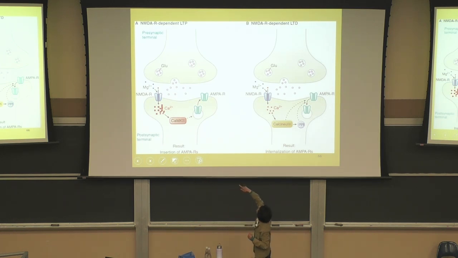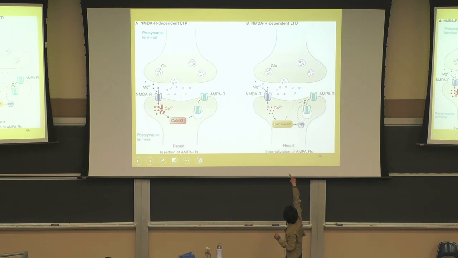Okay, and then on the long-term depression end of things, we have very low 1 hertz frequency stimulation, and then you get very little calcium accumulating through the NMDA receptor influx. So we have fewer red calcium dots here. And then if you have very few calcium ions that come in, it activates a different pathway and activates this protein called calcineurin. And then the calcineurin does the opposite.